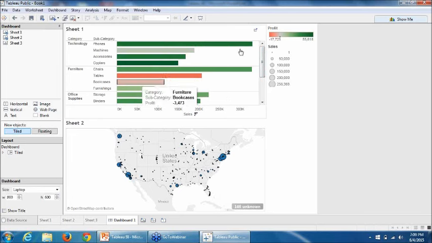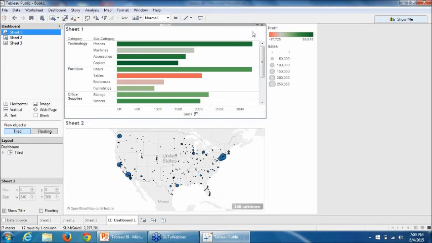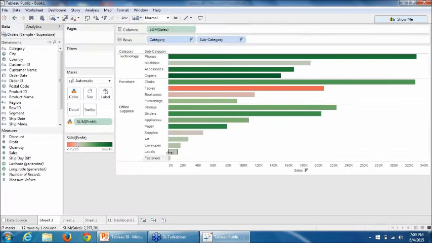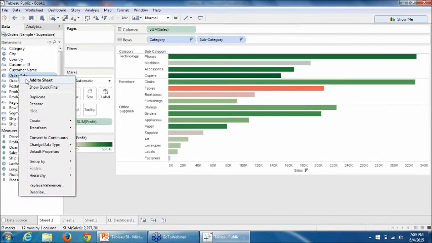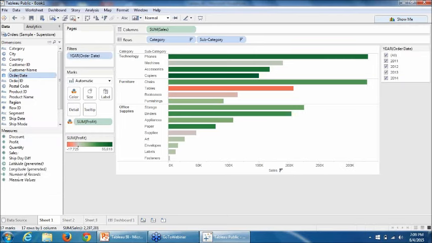So now let's say I want to see the sales by years, right? So I need a filter on years. So let me go to the original sheet. I can directly click on this go to sheet button, and it will take me to the original sheet where I had prepared this view. I will select order date as one of the filters,